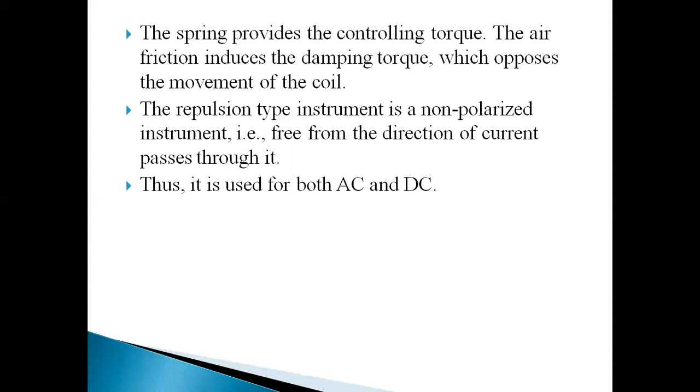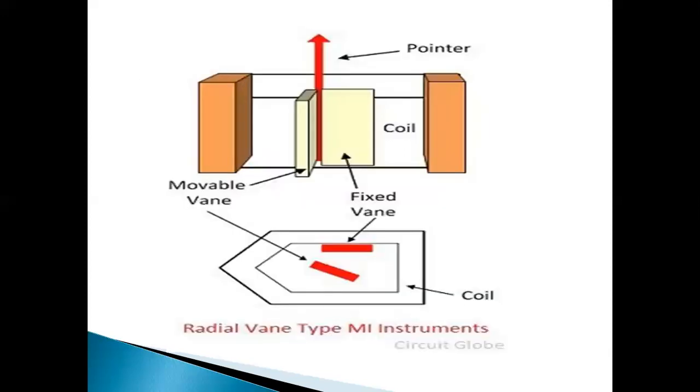Similarly, the adjacent points on the length of the rods will have the same magnetic polarity. Hence, the two rods repel each other due to the force of repulsion. Thus, the movable iron rod moves away from the fixed iron rod, and the pointer moves on the calibrated scale from its zero position. Now, when the current in the coil is reversed,